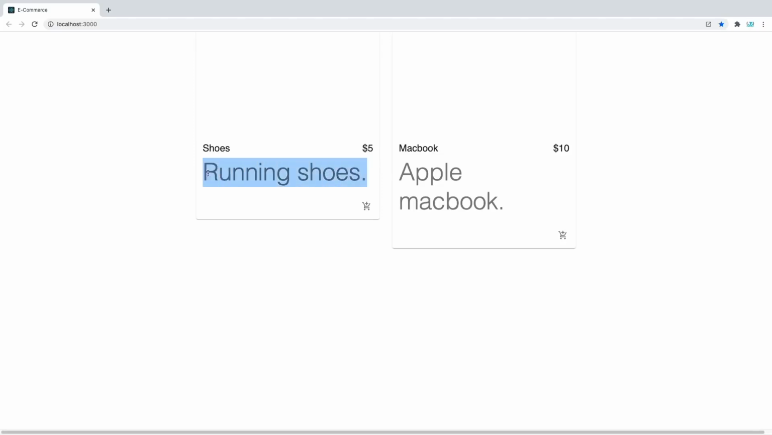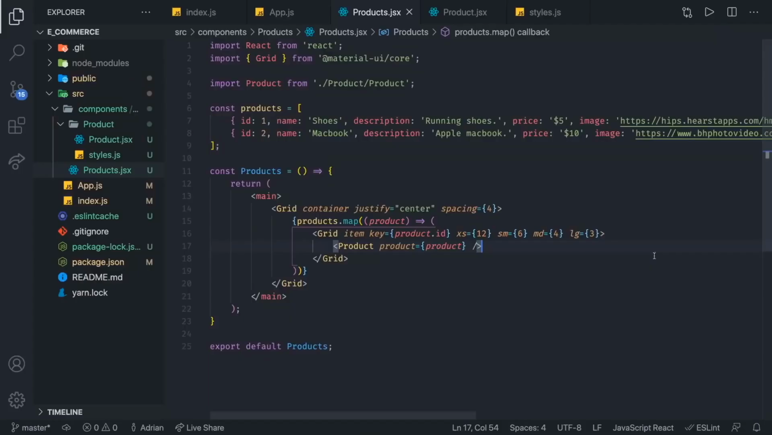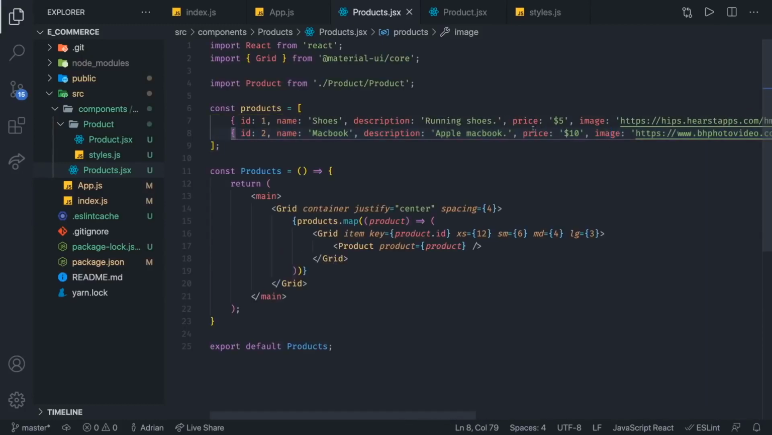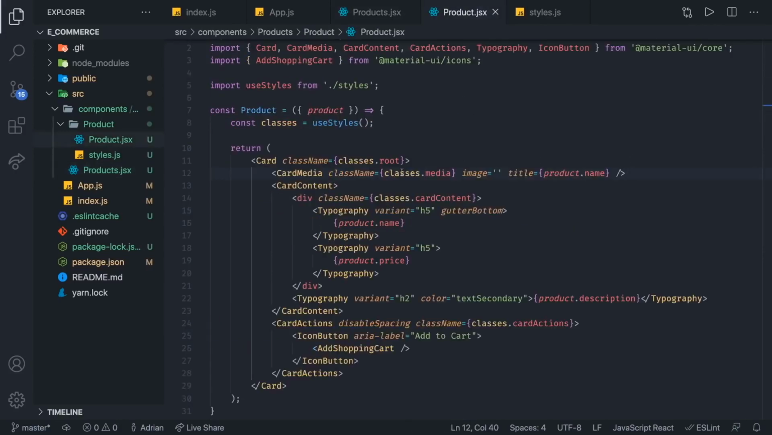So give me a second and I'll find the images for both the MacBook and the running shoes. Okay, so the only thing I did was just add the image URL right here as another property inside of our products array. In here, we have the image property. And now going to the product, what we're gonna do in here, instead of this empty image, we're gonna say